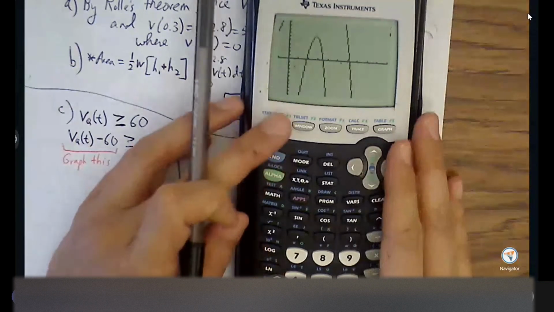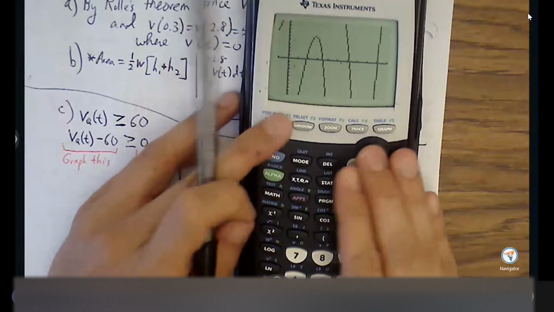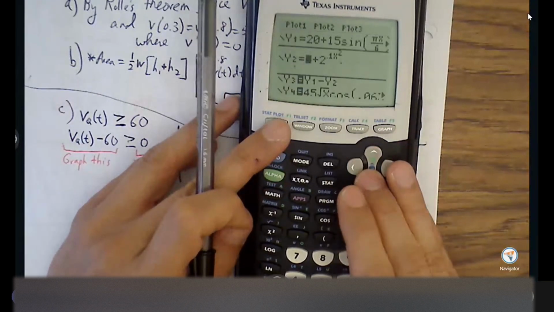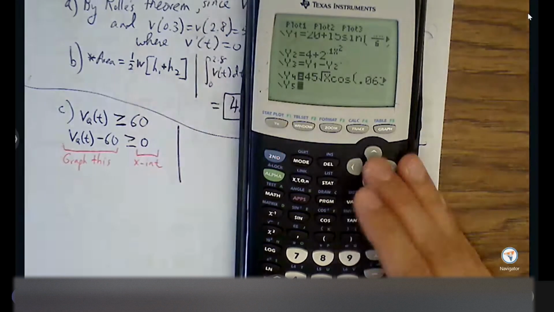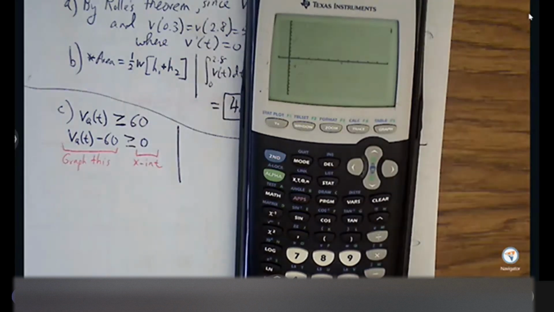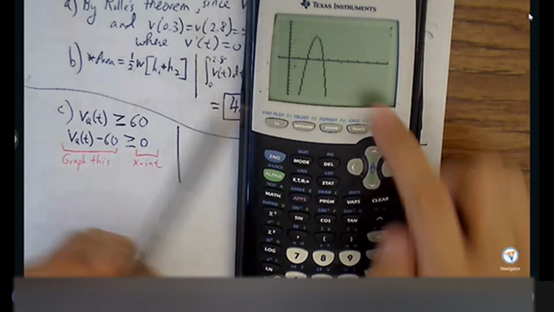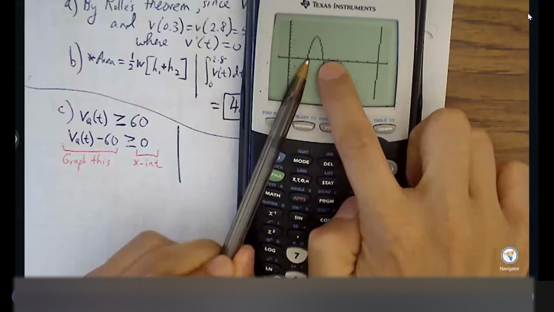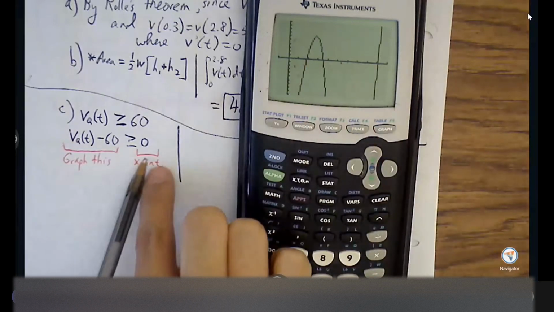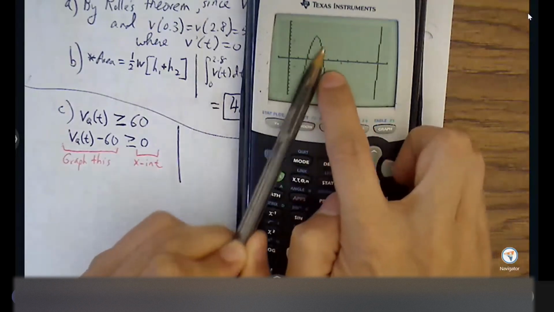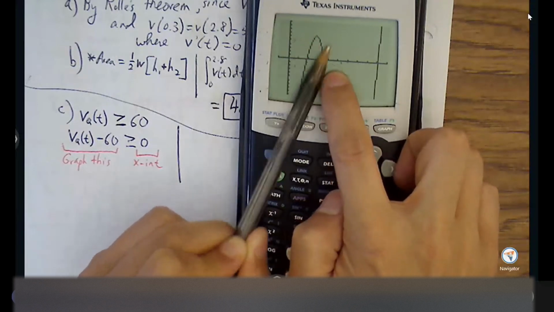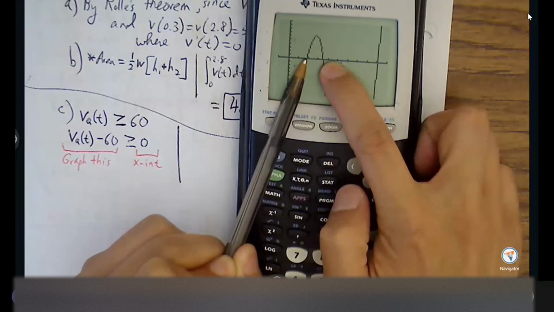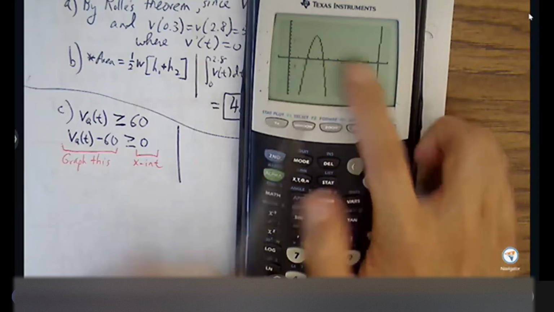Oops, I should have removed my previous graph here. I'm going to unhighlight 3, so that I'm only seeing this last one that I care about. So we have our critical points here. And we want to know, when is the graph going to be above 0? So it looks like we're looking at this interval here. We're going to be able to find the total distance using this information here. So I'm going to find these critical points by going to second trace, zero.